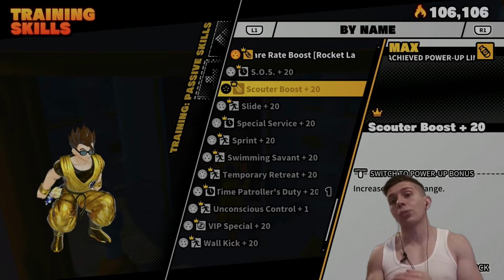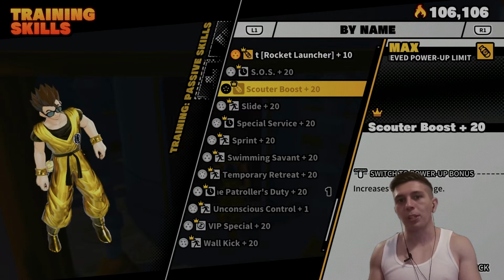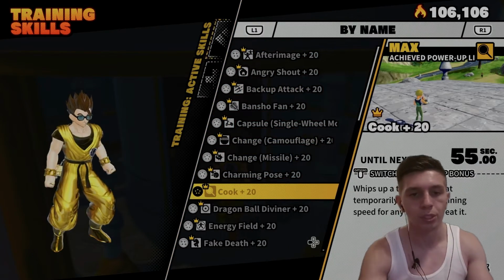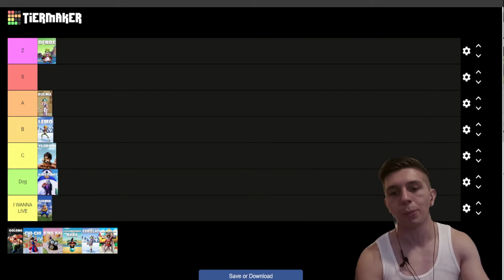Honestly, this is not that great, but at least it's usable, but I wouldn't really recommend it. I think he's carried by his animations and his voice lines, and then Cook also being very fun to use. You could definitely make the argument that maybe he belongs in C, but I think B is fair